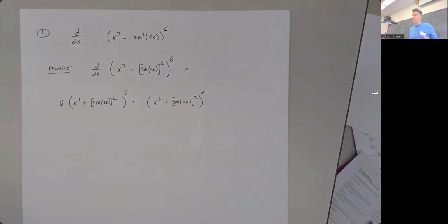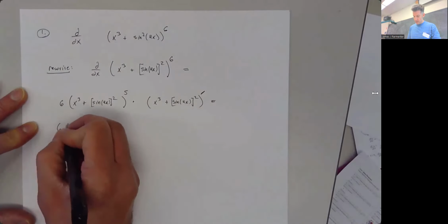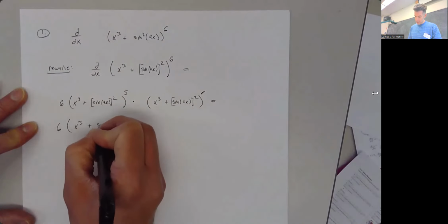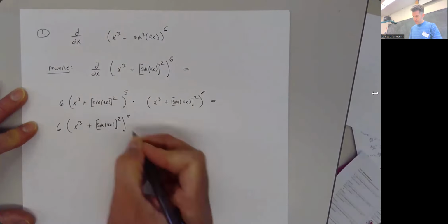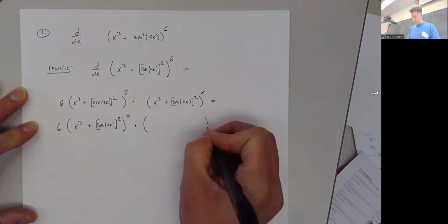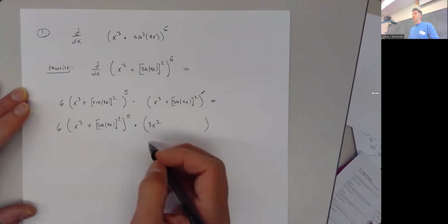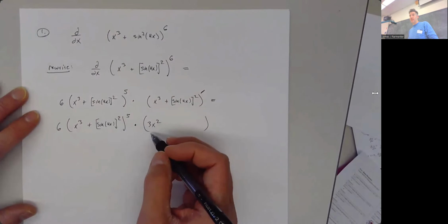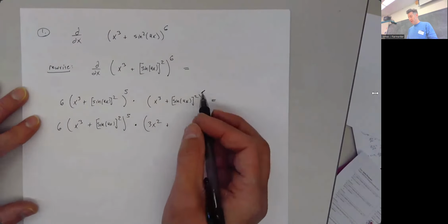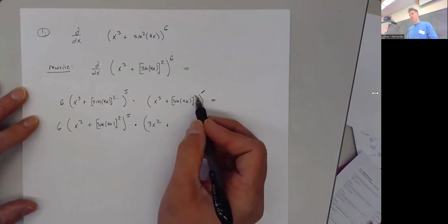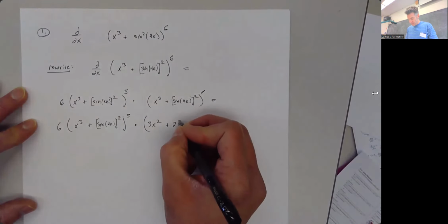And then the next step. So next step, I'm still writing all this here. So I've still got 6 times x cubed plus sine of 4x quantity squared to the 5th times parentheses. Okay, the derivative of x cubed is 3x squared. And we're done with that, right? There's no more chain rule on that piece. On the other hand, the derivative of sine of some stuff squared, well, I have some stuff squared. And the derivative of that stuff squared is 2 times that stuff